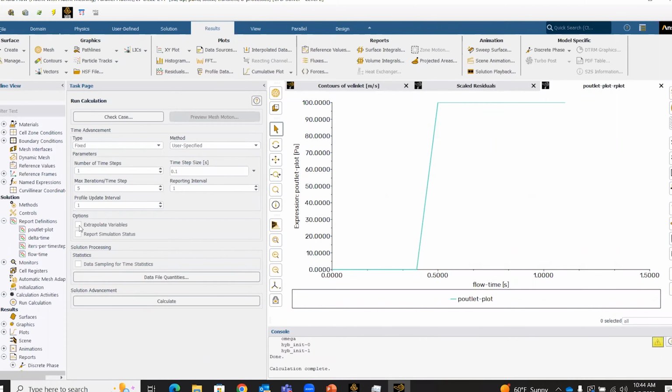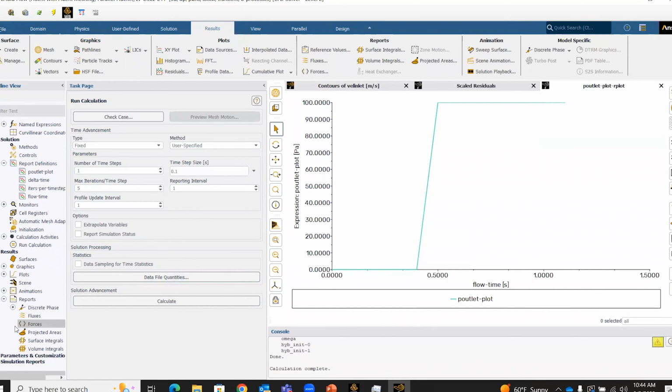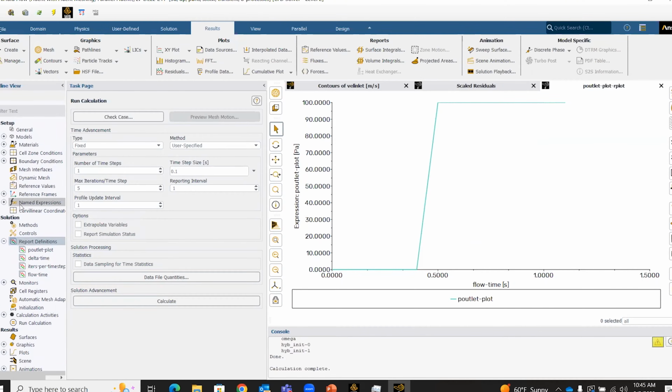Similarly, you could also plot other things like pressure drop. I think in this particular simulation, I did not set up an additional expression for pressure drop. But if you wanted to see how it varied with different iterations, you could plot it in a similar fashion. All you would need to do is add another expression to your report definition. Okay. Now, this particular plot is visible if you add it to the report definition, but you could also just